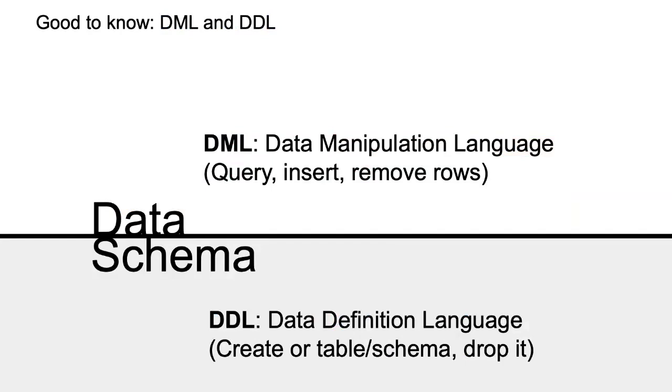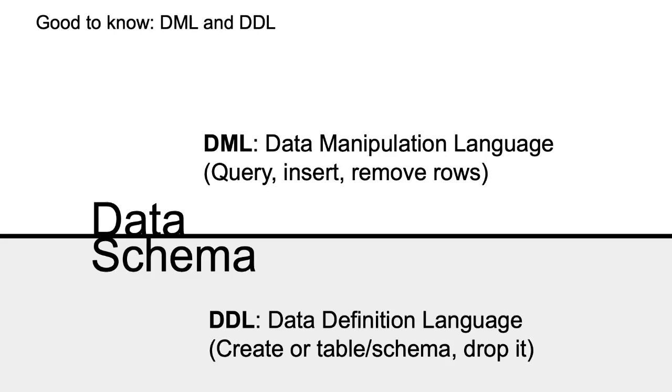Okay. Then there is a bit of vocabulary. DML is a data manipulation language. That's the very generic name for a query language that manipulates data. So this is selection, projection, and so on. That's DML. DDL is about the schema. This is when you define the columns and the names of the columns and the types. That's called DDL, right? SQL has both. You can both define the columns and you can query the data and insert data. So that's the difference between data and schemas, and we'll also insist on that difference during this course.